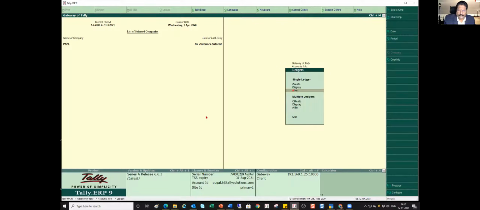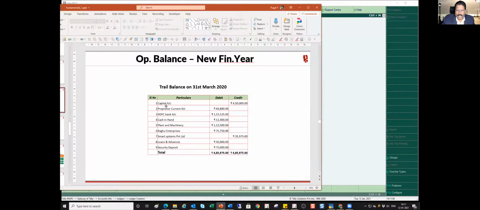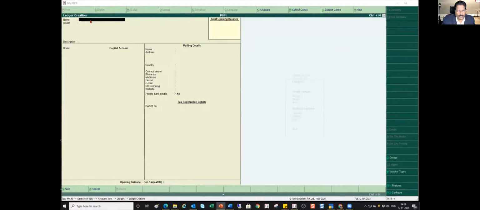So one ledger, let me just create and then capture the opening balance. So I'm going to go to create. So if I'm just pulling up the opening balance thing, we have this capital account, which is 4,50,000, right? So I have to now capture this in Tally. So since I don't have the ledger created, I'm going to create the ledger, where I'm going to type